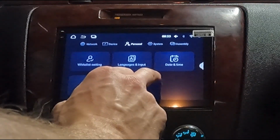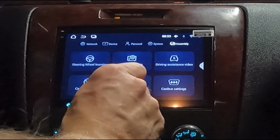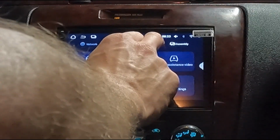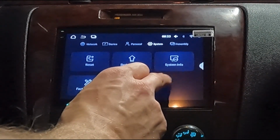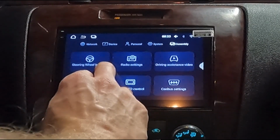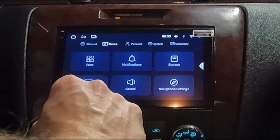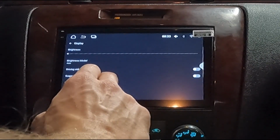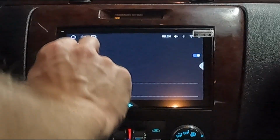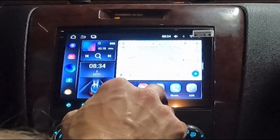I want to change steering wheel learning, radio settings. Oh, I see. Oh, it just scrolls through. Okay, so we can change everything on here. I don't need the steering wheel learning because this works. Display settings, okay, brightness. Okay. What I wanted, you know what I wanted to do? I wanted to add the,